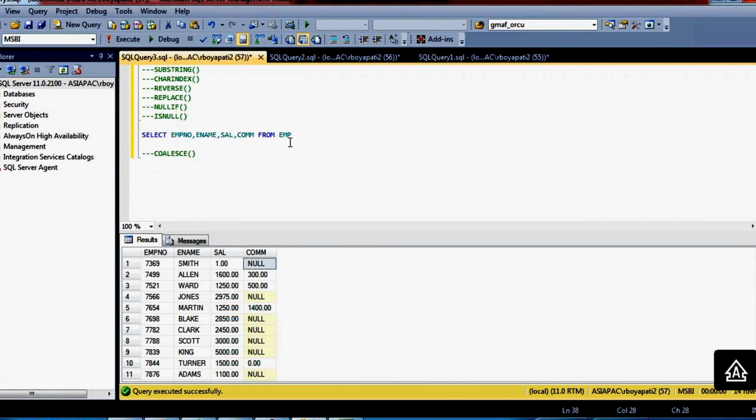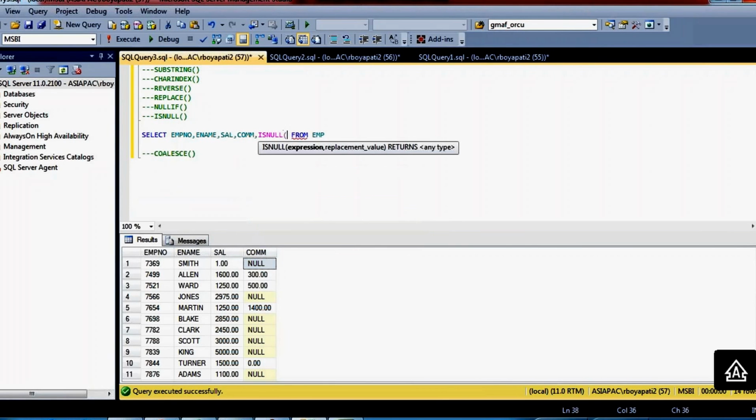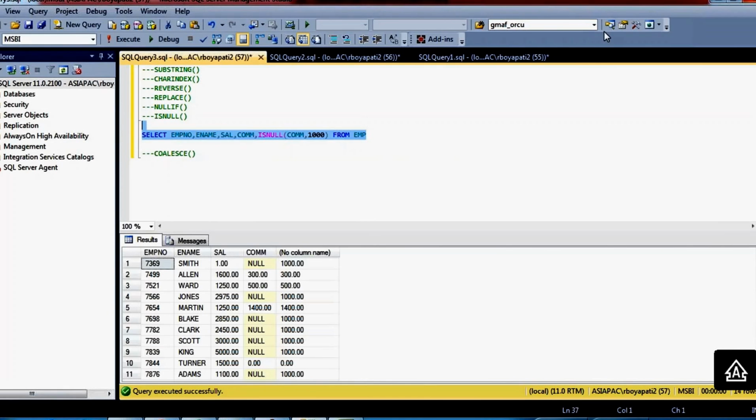So what function do you have to write? I want to derive a separate column. ISNULL function. ISNULL, and which column? Commission column. If it finds any null value, I want to replace that with 1000. See, it is null, so it is replacing null with 1000. This is also null, replacing with 1000.